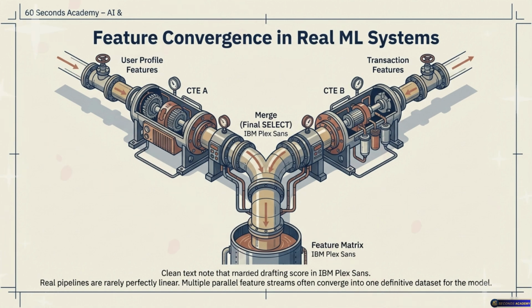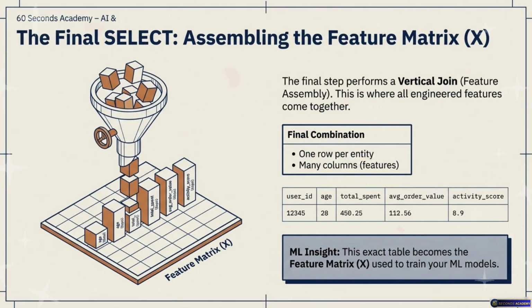And we do this final feature assembly using joins. In SQL syntax, we're typically executing horizontal joins, specifically left joins, to stitch these tables side by side based on a key. So we're basically adding columns to a row, making the table wider and wider. Precisely. In the final select statement, at the very bottom of your script, you use a series of left join operations. You take your master list of users and you left join the transaction CTE on the user ID. Okay. Then you left join the customer service CTE, again on the user ID.